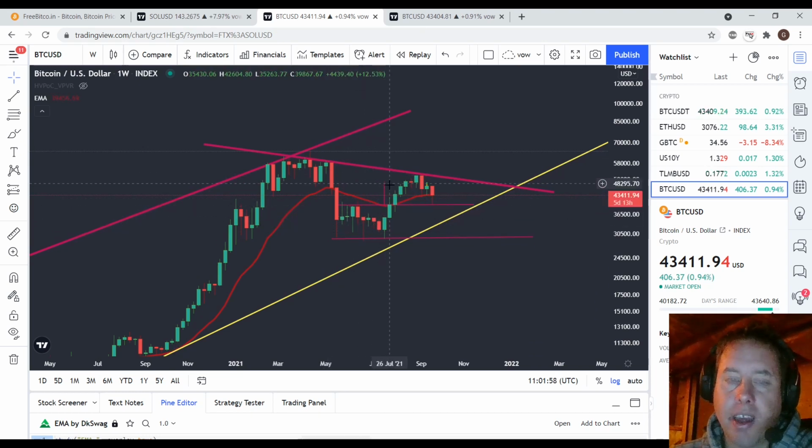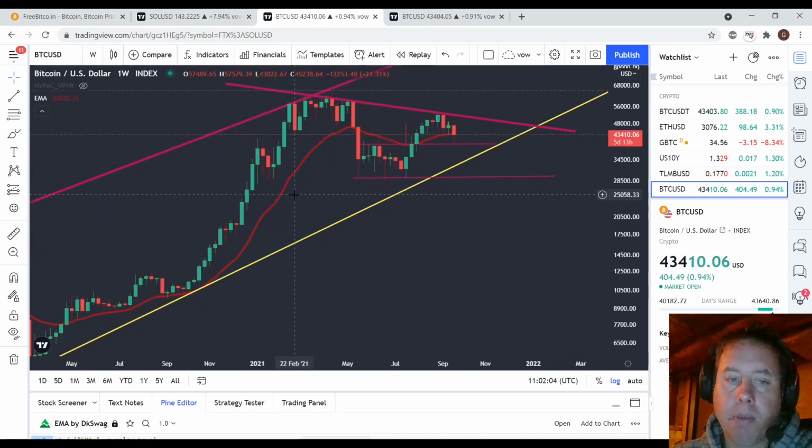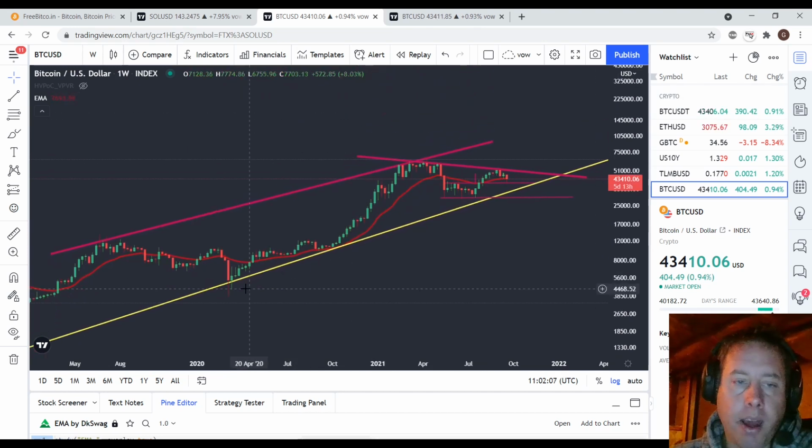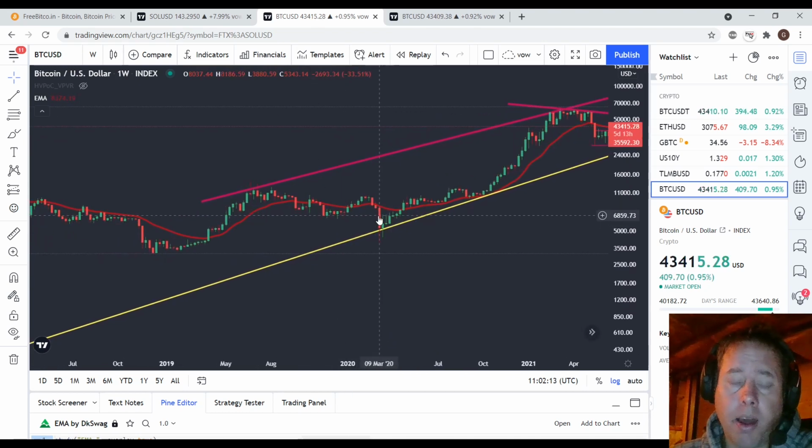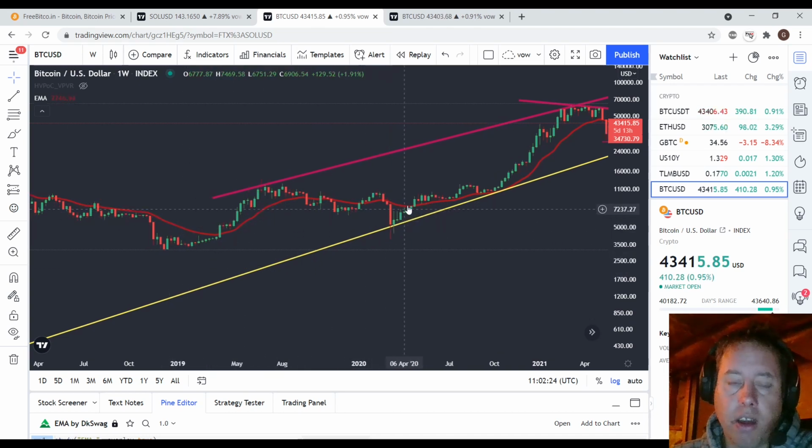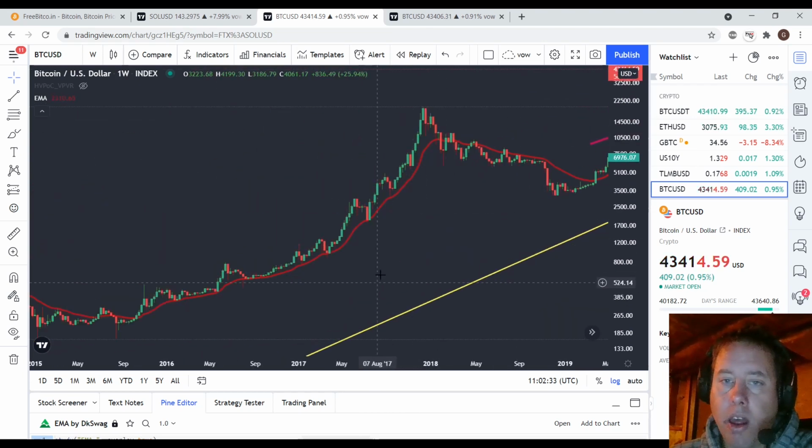So I don't really want to put too much faith in this 21 EMA here. We had once before the price falling under here in the 2000 and, a dump. So that did not trigger a bear market, but when we broke above it, we triggered a very good bull market. And we had once more, you can see here, one close under. That is the start of the bear market. This was in